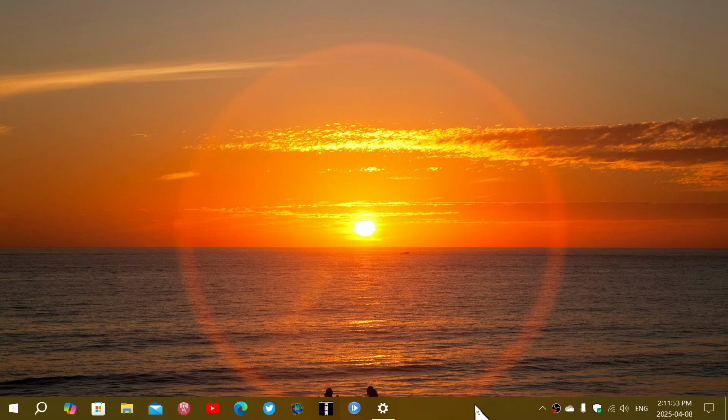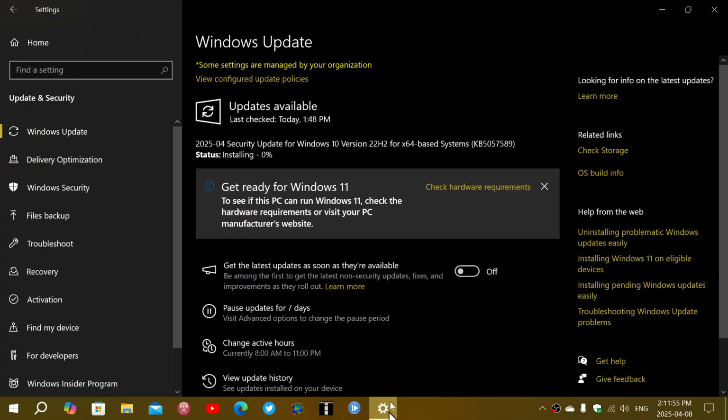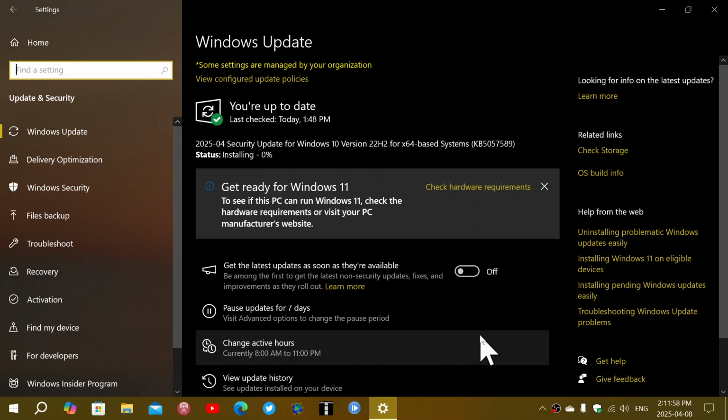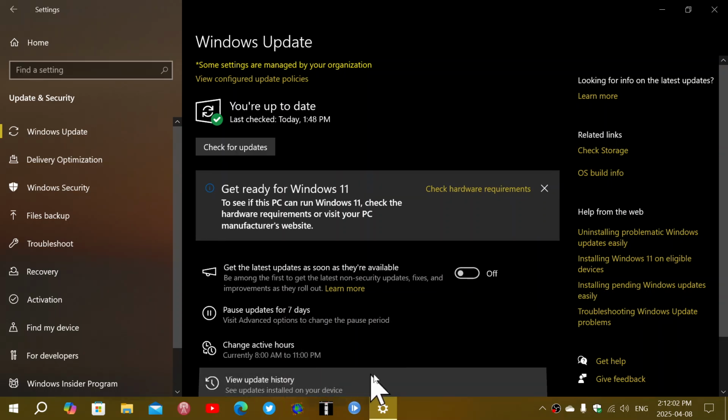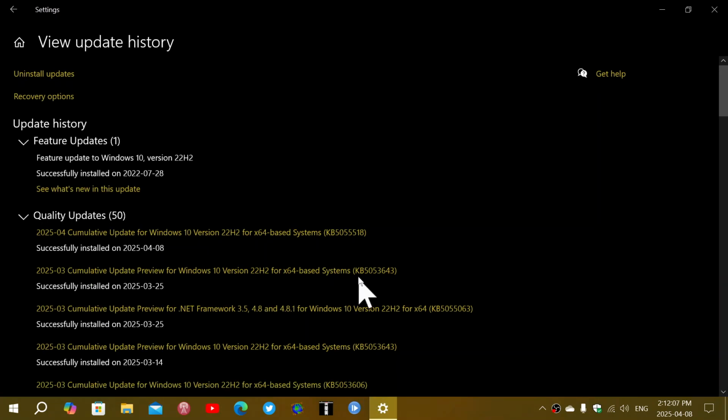So for Windows 10, we have Patch Tuesday that comes through an update. If we look at the update history here, the update is KB5055518, and this is of course the cumulative update for security that is for Windows 10. We'll have of course a rundown on a separate video of all the security updates this month for every version